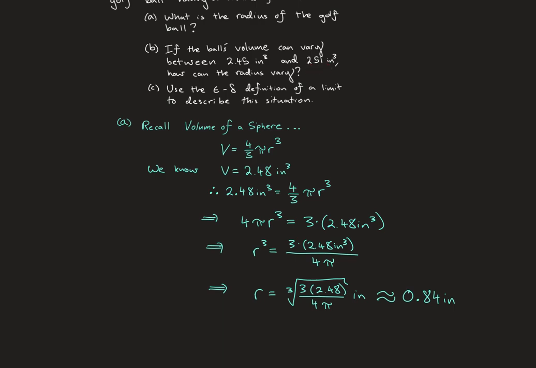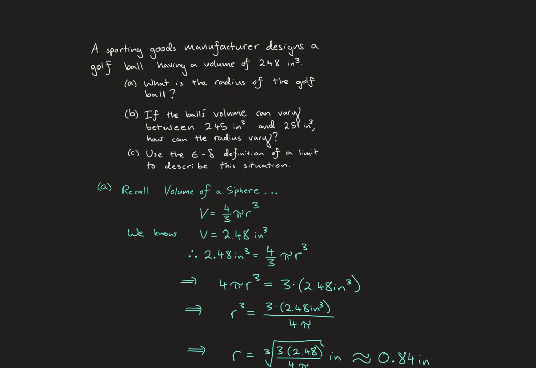So we have what the function should be right here, 2.48. The function should be that, but apparently we can lose 0.03